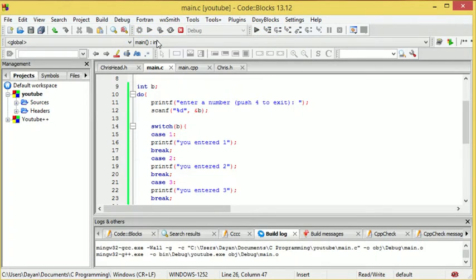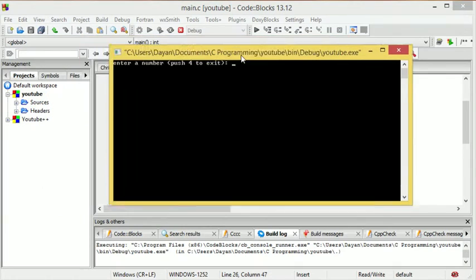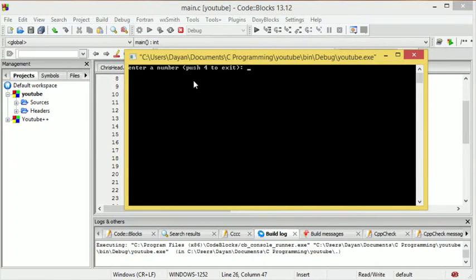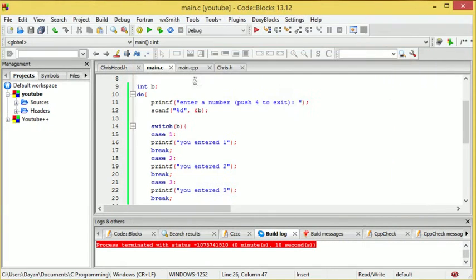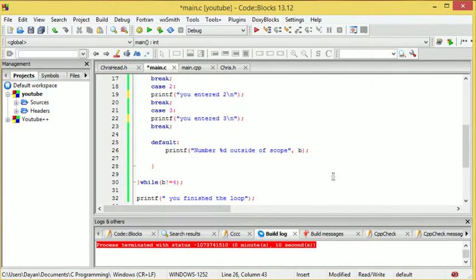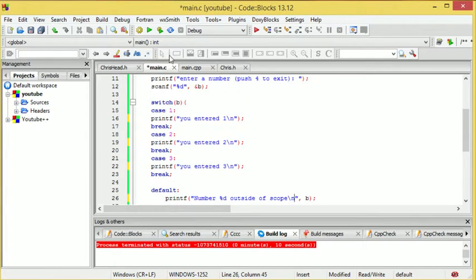Now if we run this thing out, okay, so it tells us that when we enter a number, push 4 to exit. We'll enter number 2. Okay, so that was my bad. I'll kill this. What I neglected to do was end the lines on each of these, including this last one. So if we run it again,